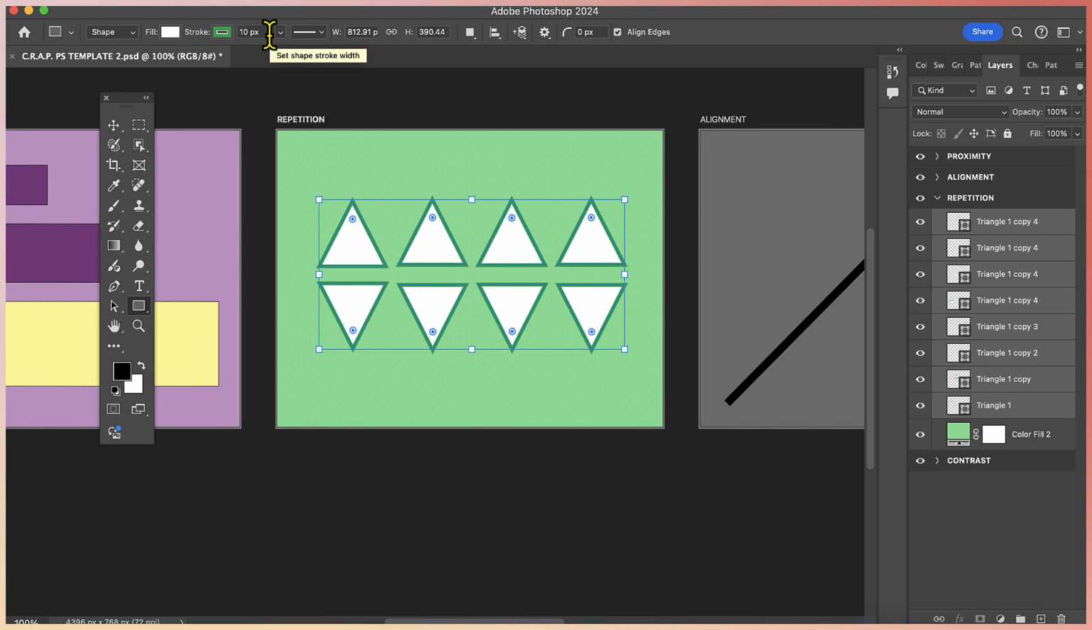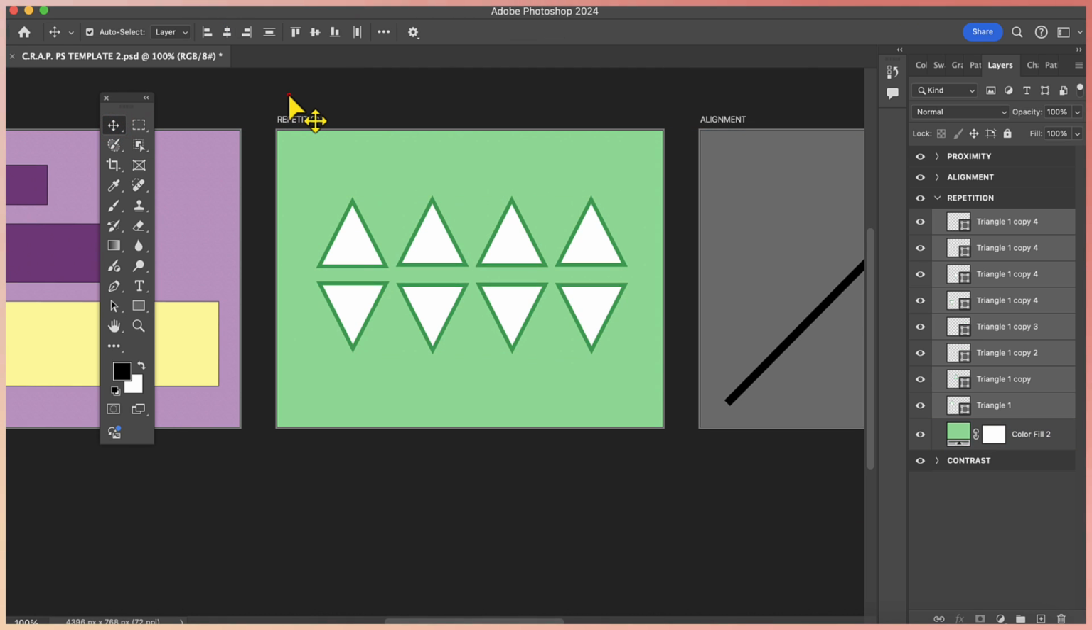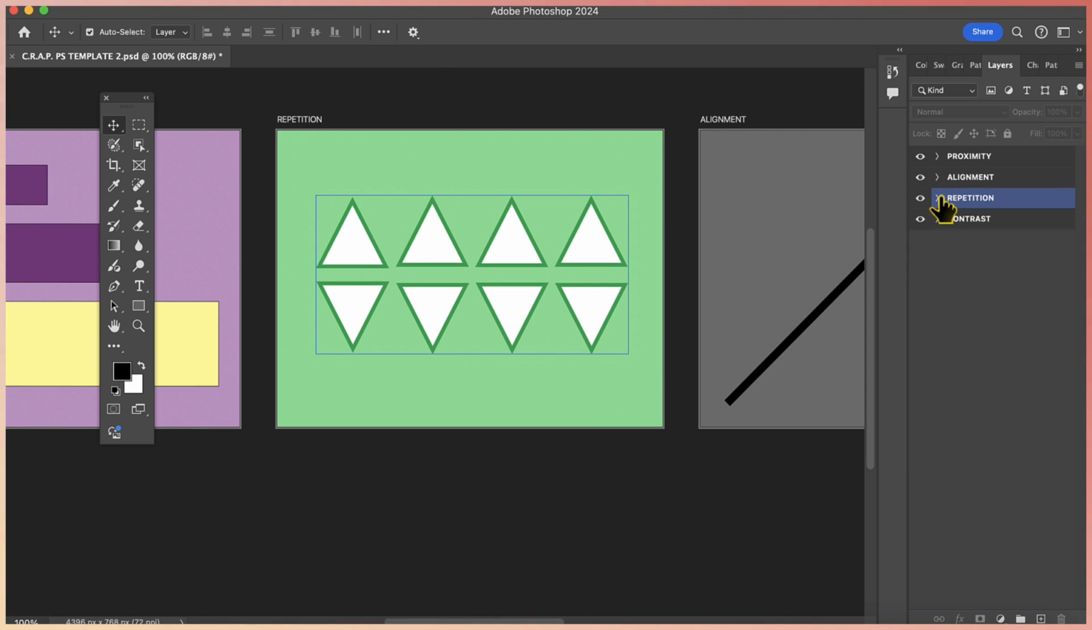Again, you guys are not going to copy me exactly. You guys are going to edit your own template according to your own taste levels. But I think that looks a lot more interesting, and I really love how graphic and simple it is. So I am going to collapse each of these layers and move on to my very next artboard for the